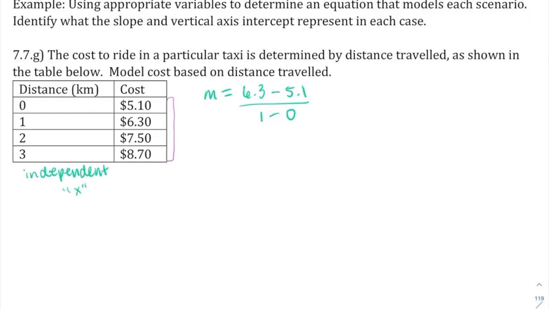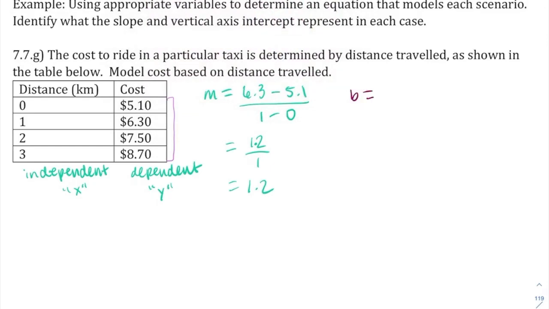in the denominator. To go over that quickly, we know that the distance is going to be our independent variable, and so that is why it's like our x, so it goes in our denominator of our slope calculation, and our cost is the dependent variable because it depends on how far the taxi has gone, and because of that it's like our y equivalent, which is why it goes in the numerator of our slope calculation. So just to make sure we get both of those straight so that we get them in the right spot in our slope. All right, so when we do that subtraction, and then we're going to get 1.2 over 1,